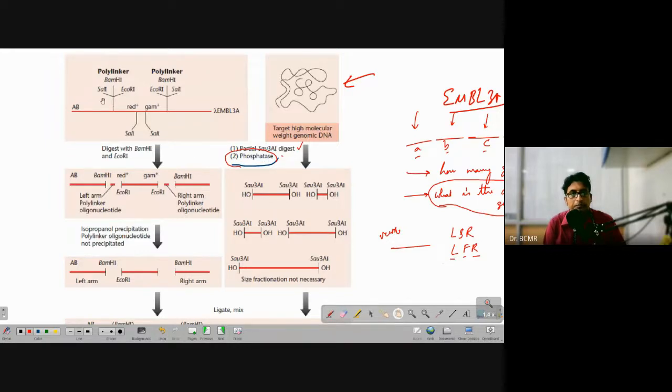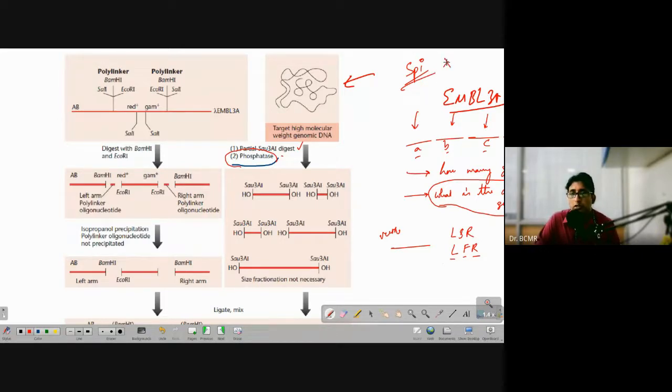Otherwise, we have EMBL3A, SalI, BamHI, EcoRI. Similarly, we have the other ones. I hope you remember about red and gam. Red and gam are for the Spi phenotype. Spi is sensitive to P2 inhibition, right? That means